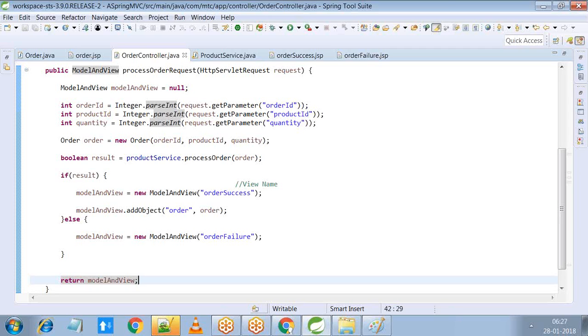So we are done creating this controller. It will take the order details from that form and call the product service to process this order, and it will get a response from the product service. Based on that result or response which it gets from the product service, further, you see,